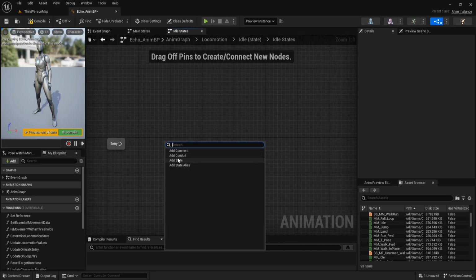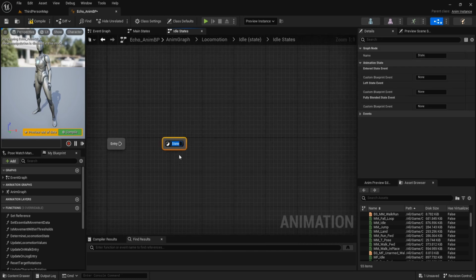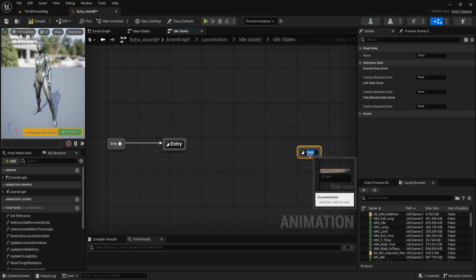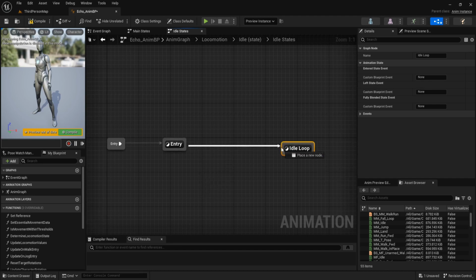Then add state. Name is entry. Connect the entry to this entry state. Add state. Name is idle loop. And the transition from entry to idle loop.